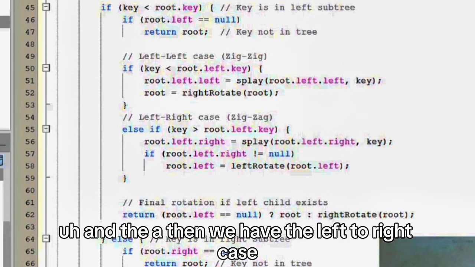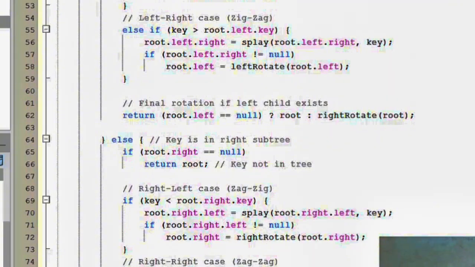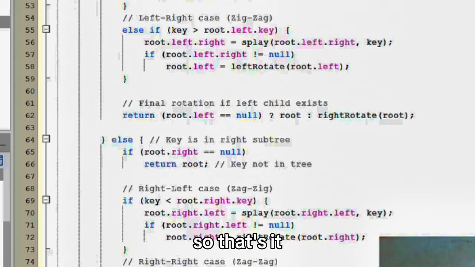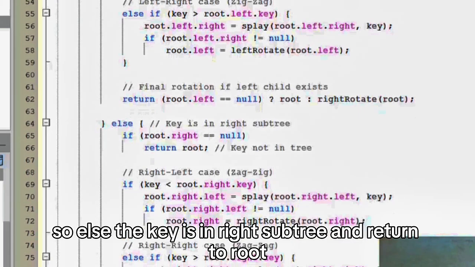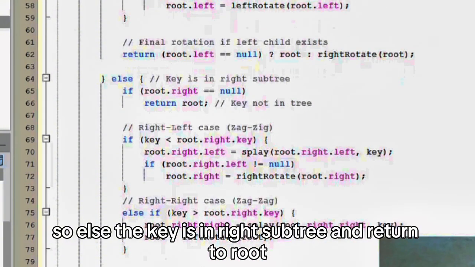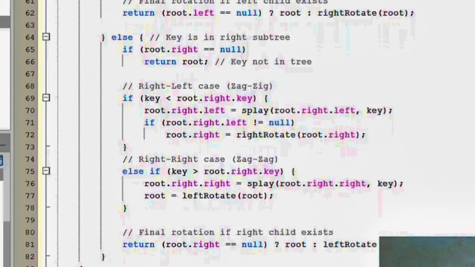And then we have the left-right case, the zigzag. Then the final rotation: return the root whose left is equal to null. Else the key is in the right subtree and return the root. It means the key is not in the tree.